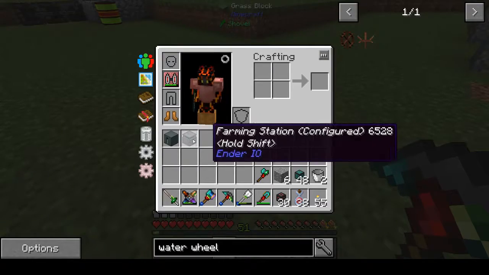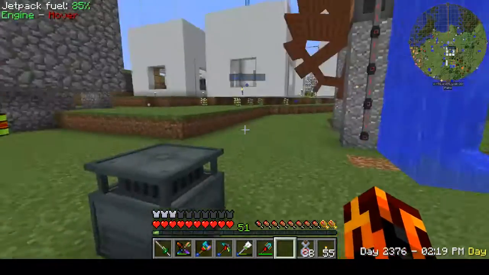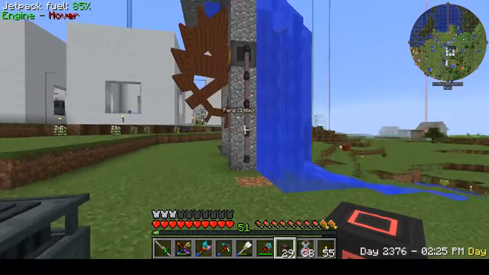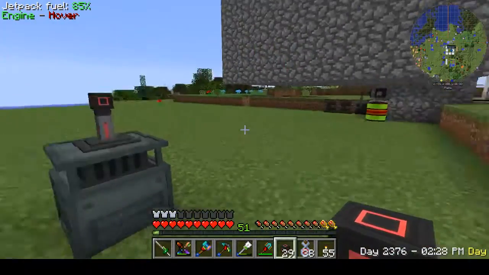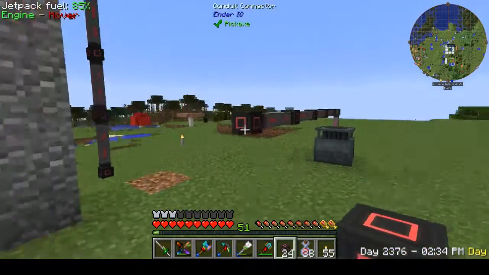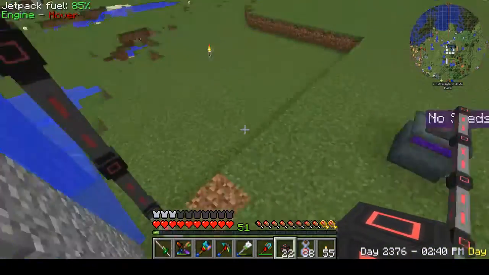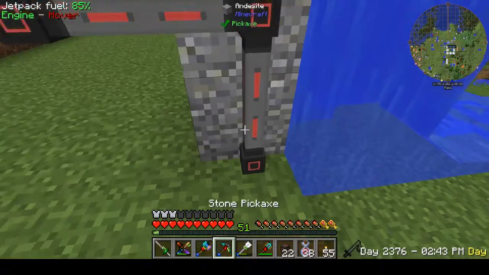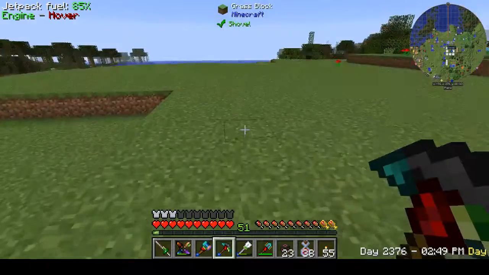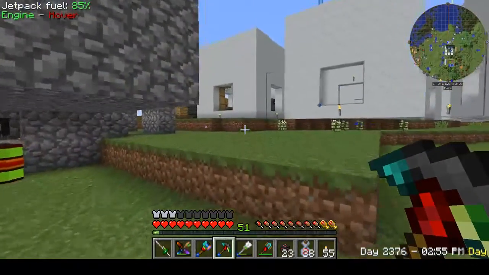And plop the farming station down. Huh? And run some conduit. Chunka. Oh, I just think I discovered something. Your own ass? Did you have to use both hands? I am so proud of you. You finally found it. You'll like it if this does what I think it does. No seeds. Look at that. We got power. We got power. Yay. I haven't put anything in it, but...